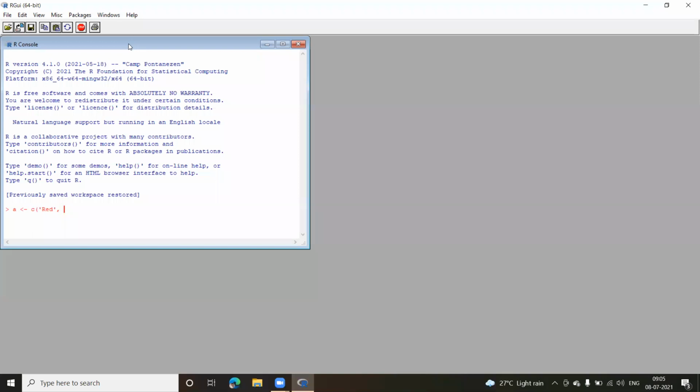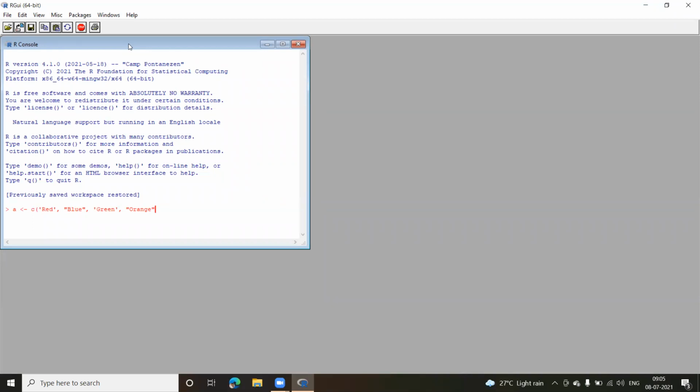Now, one more thing, it need not always be a single quote. I can also include a double quote. So let us say I want some other color, say blue. And another, again a single quote here, say green. I'll put one more, orange. But remember, it should not be a combination of double quotes and single quotes.